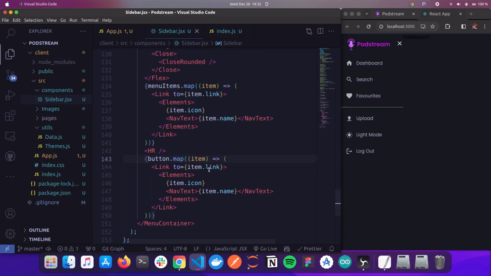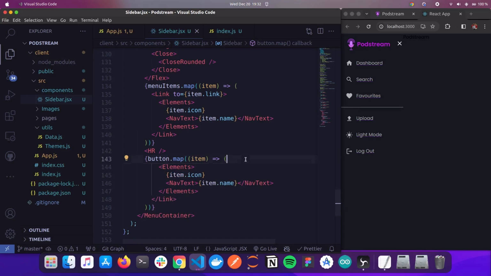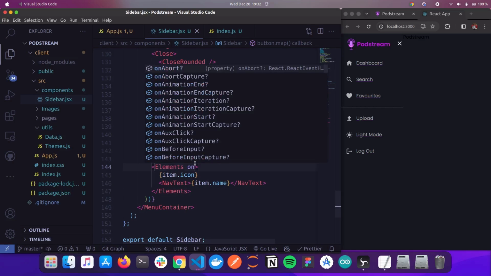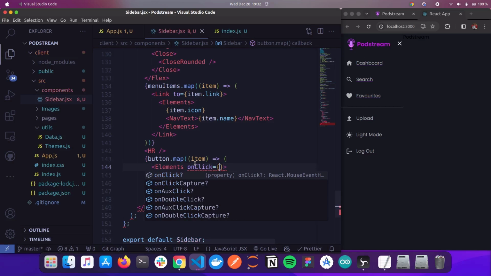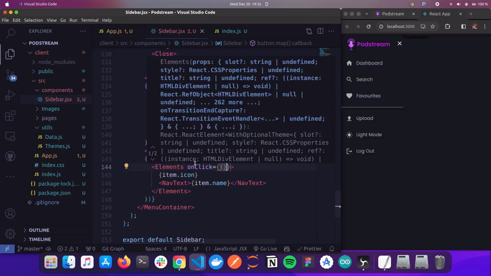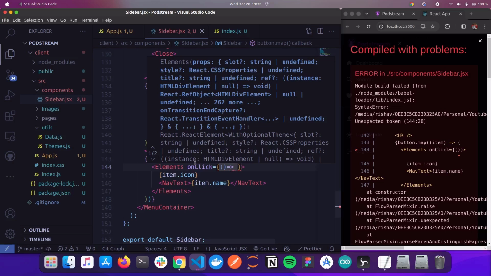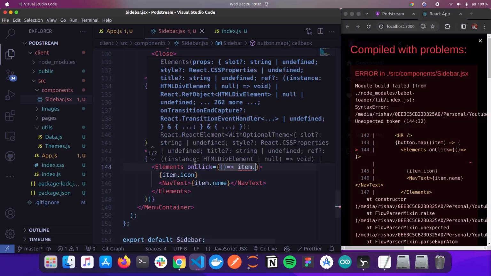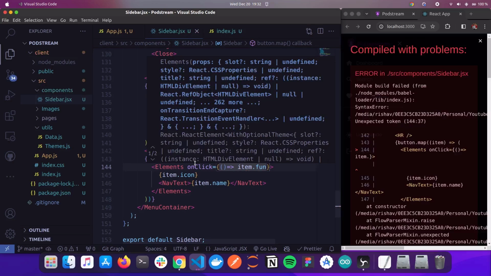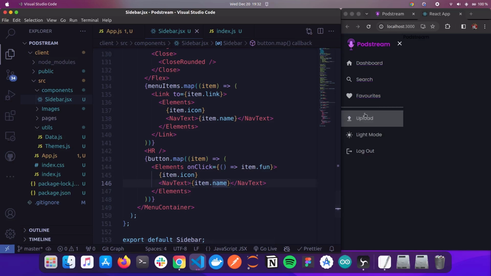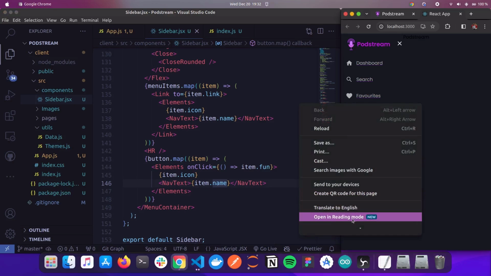But instead of link, I will remove the link part and simply add an onClick functionality for the elements. And in this onClick, we will call the arrow function, that is going to be item dot function. Okay, so basically now in this case, if you click on any of them,